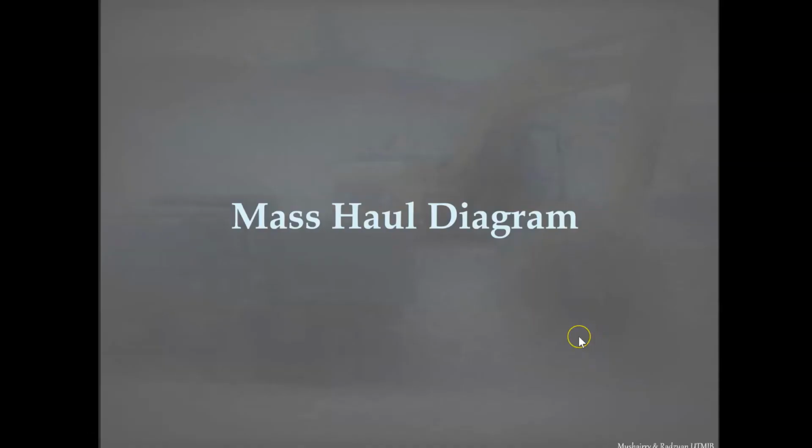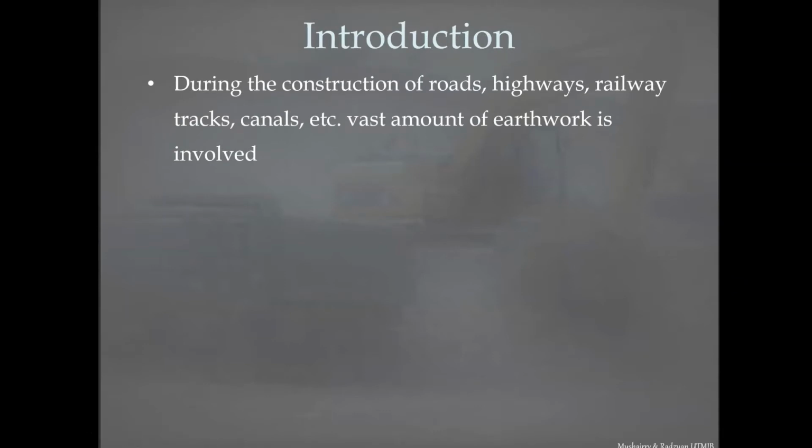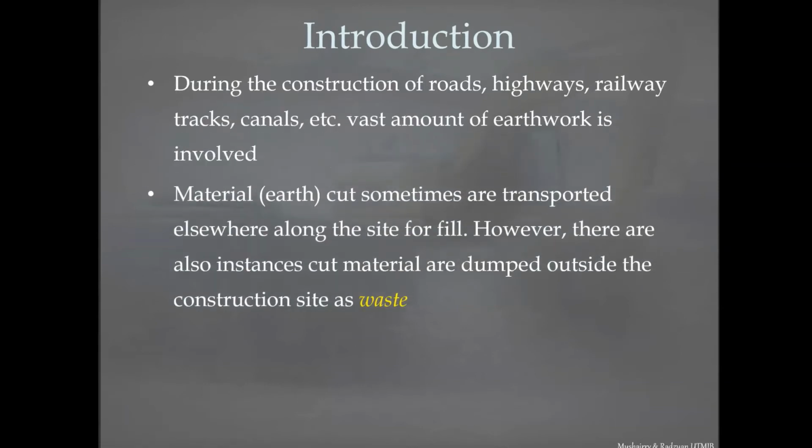Okay, we are moving on to the last section of the chapter, which is a mass haul diagram. Whenever there's a construction of roads, highways, railway tracks, or canals, a vast amount of earthwork is involved. You'll see lorries, vehicles ferrying and hauling material from one place to another, where the material will be dumped to fill an area that needs to be filled, or there will also be instances